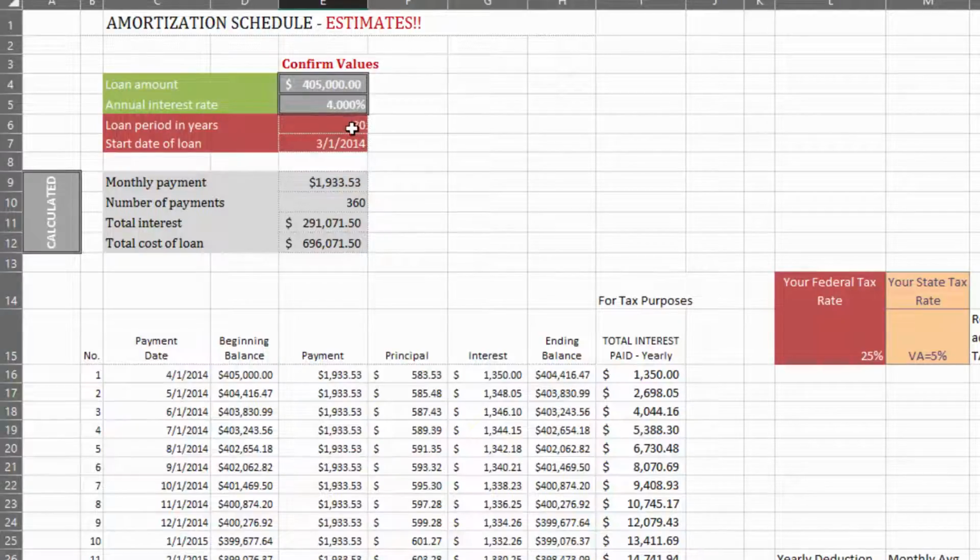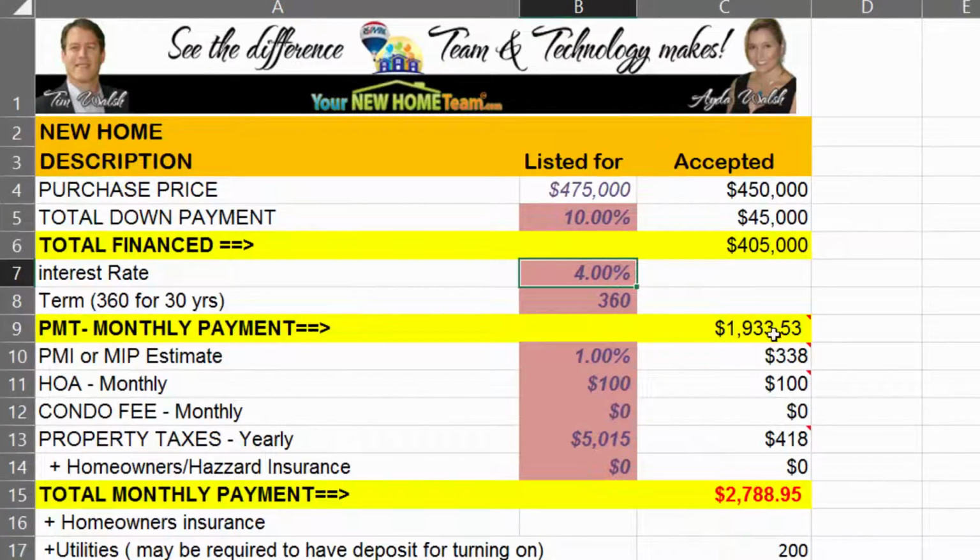And then you're going to see it's a 30-year loan, the start date on the loan, so you can change this one. Obviously, that's not current. So now we're going to put in 2016. And you can see the monthly payment. We can check that monthly payment right here